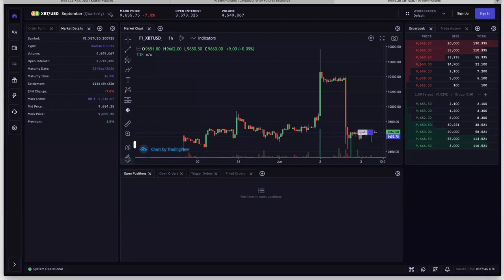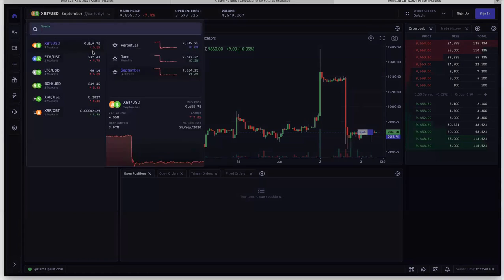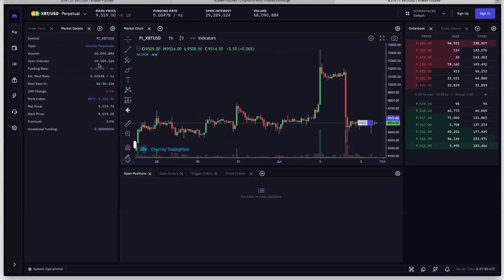So we'll start with the Bitcoin Perpetual. Open interest on the Bitcoin Perpetual is $29 million. Volume will be $68 million. One thing that you can see is it's much harder if you're looking at exchanges. One of the dirty tricks some exchanges do: it's very, very easy to increase your volume figure. We always have our numbers you can rely on, but if we cheated, it would be much higher. It's very easy to fake the volume number with wash trading or any number of things. It's very difficult to fake the open interest number, or it's relatively harder.